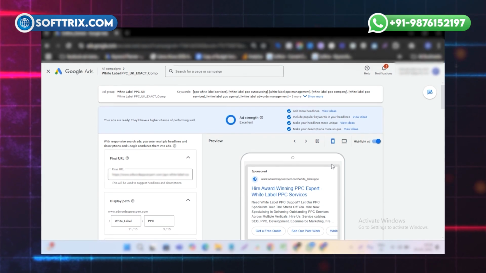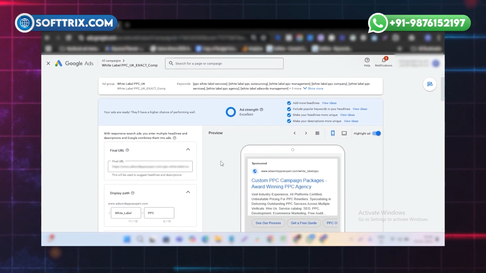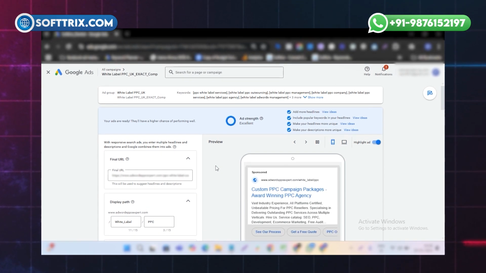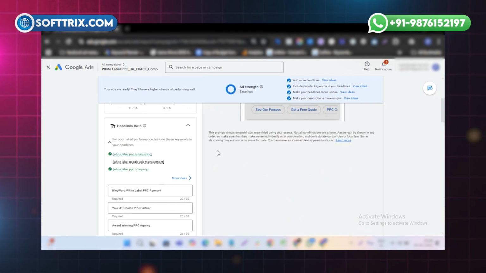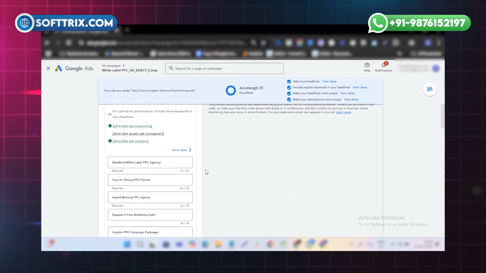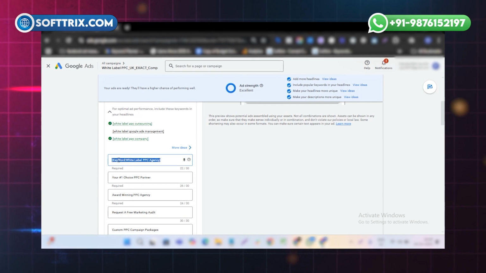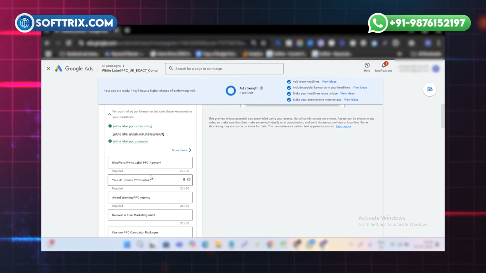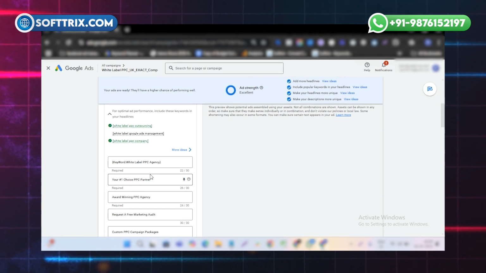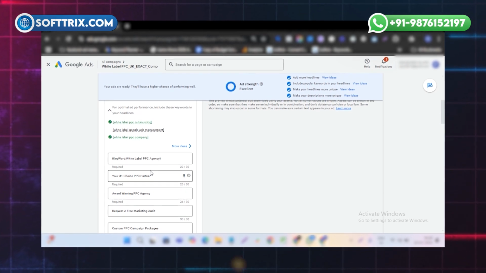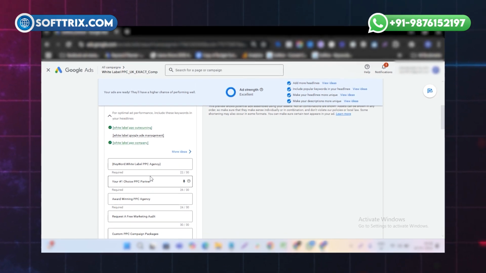So I have my dashboard where I have opened one of the ad copy within a Google Ads account. To use DKI there is a syntax. So this syntax is called a DKI. So you have Key, then you have W in a capital letter, then you have word, then you have default text here.